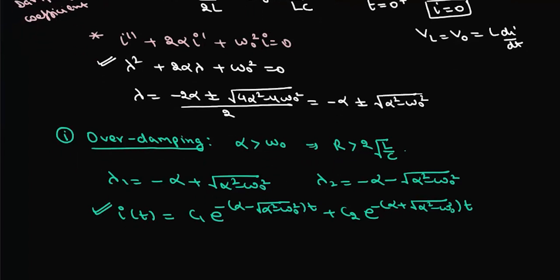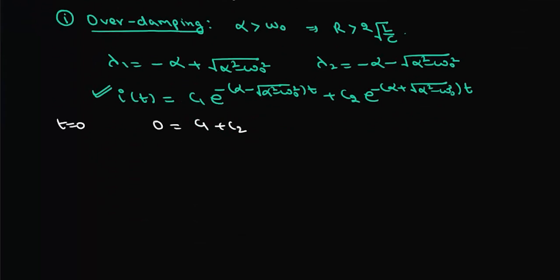So we can use initial values. If we put t as 0, i is 0, so we'll get C1 plus C2. If we differentiate this, we can find di by dt, or we'll find L di by dt at t equals 0. So there will be L, and di by dt will be C1